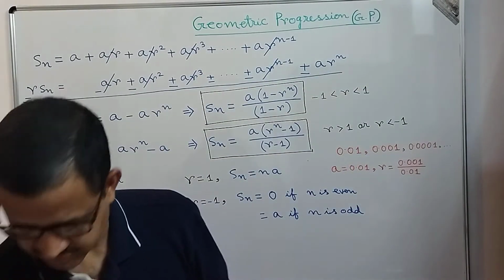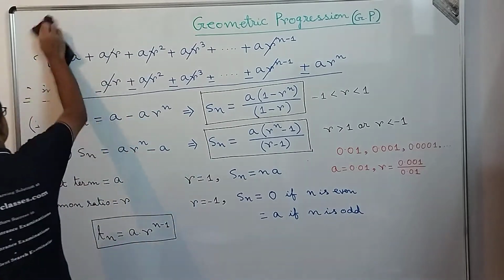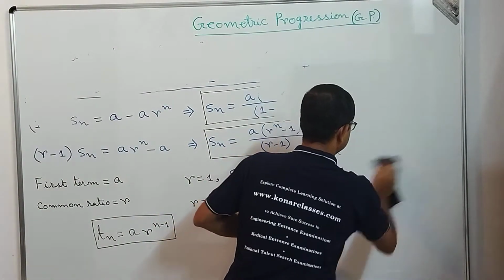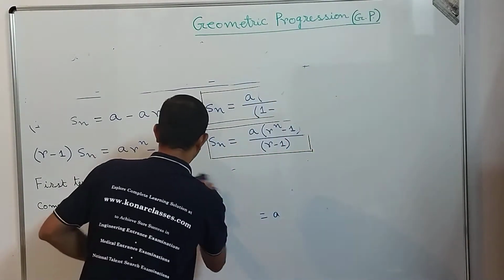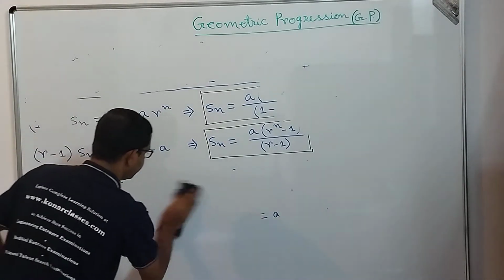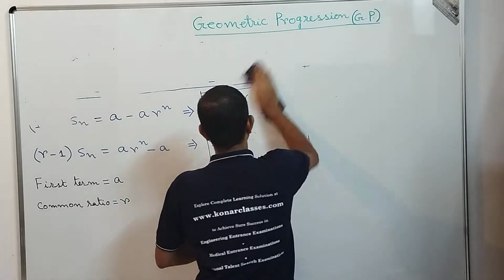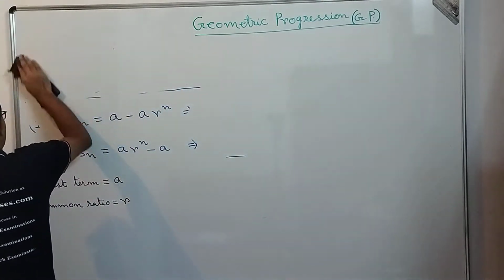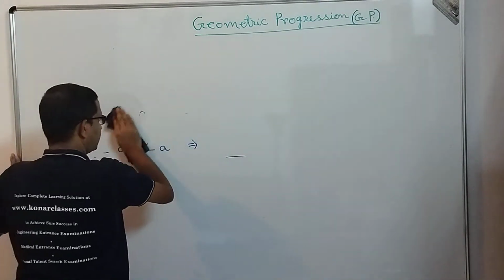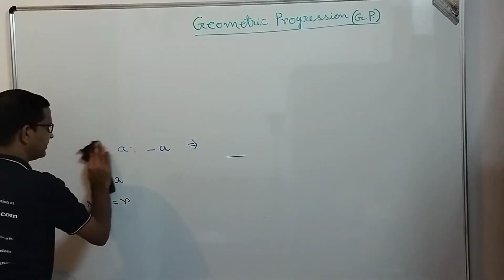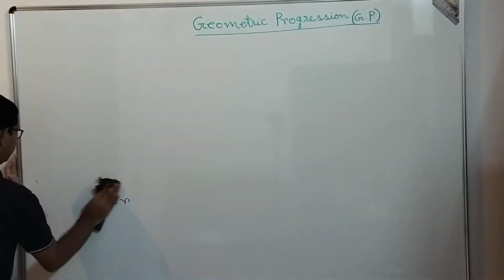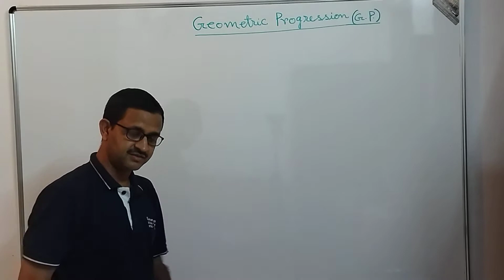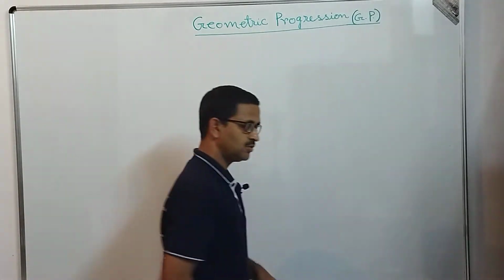Now let's work on some questions together, okay? And please note down these formulas. The Tn, that is the nth term, is A into r to the power n minus 1, and Sn, the sum up to the first n terms, is equal to A into r to the power n minus 1 by r minus 1, when the value of r is either greater than 1 or less than minus 1. Or you can write Sn is equal to A into 1 minus r to the power n by 1 minus r, when r is in between minus 1 and plus 1.